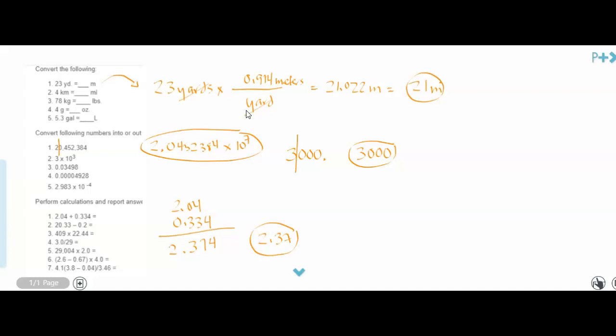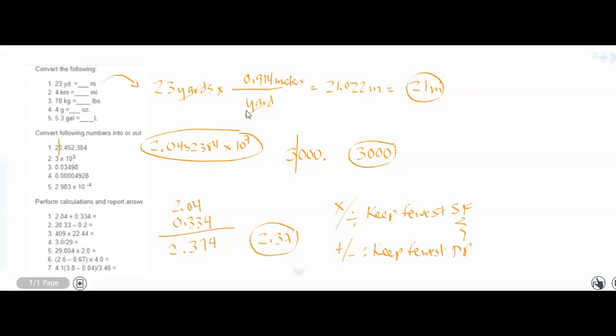The rule for multiplying and dividing is to keep the fewest significant figures. The rule for adding and subtracting is to keep the fewest